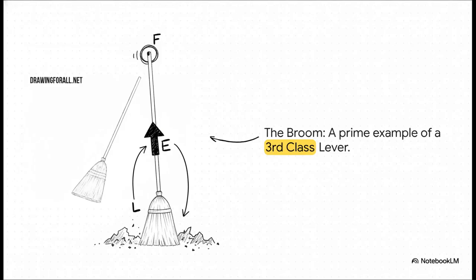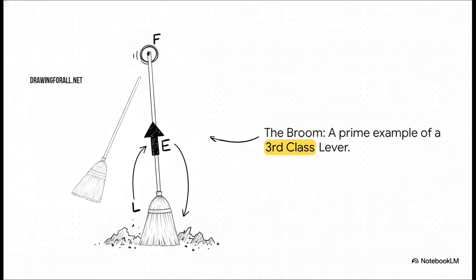First up, the trusty broom. Think about how you actually sweep. One hand holds the very top of the handle perfectly still, right? That acts as the pivot, or the fulcrum. Your other hand is pushing right in the middle to do the actual sweeping. So that's your effort. And the dirt at the bottom is the load. Because your hand applies the effort right in the middle, our FLE 123 rule instantly tells us,